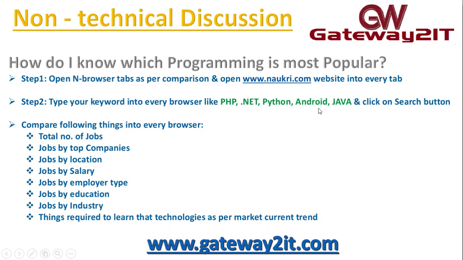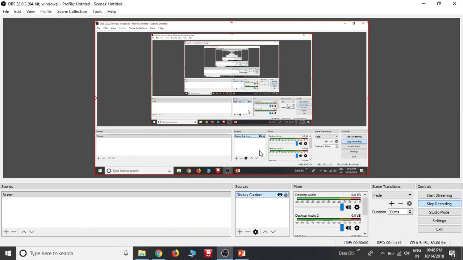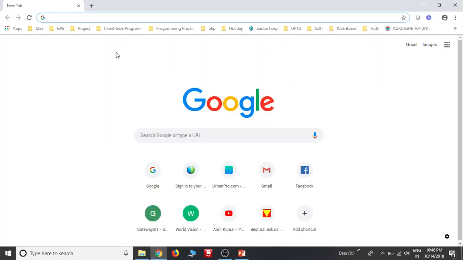Next, open a browser. Since we have taken five keywords, open five browser tabs and open naukri.com in each tab. Just follow me in this way. This is my browser window. I have opened five browser tabs here and am opening naukri.com in each.